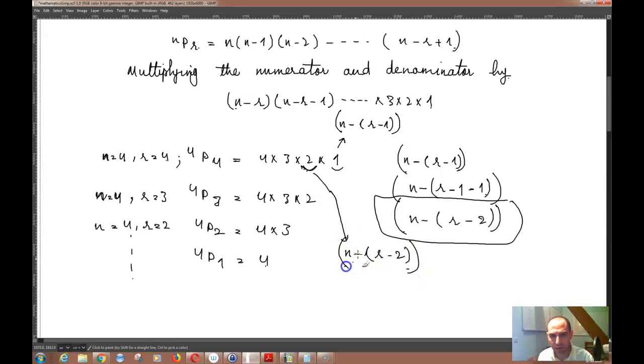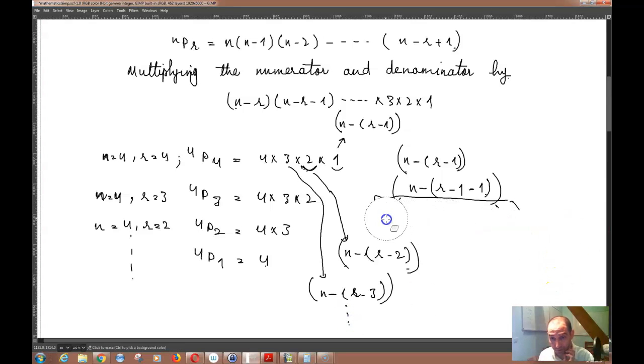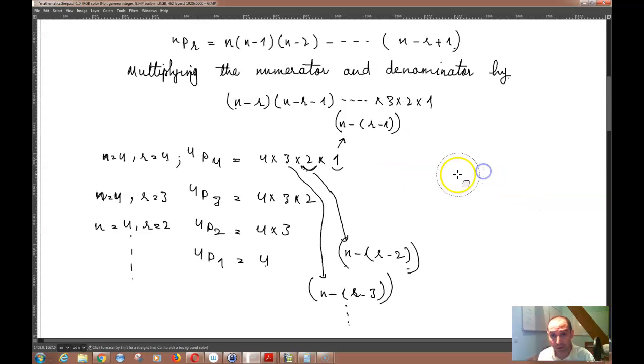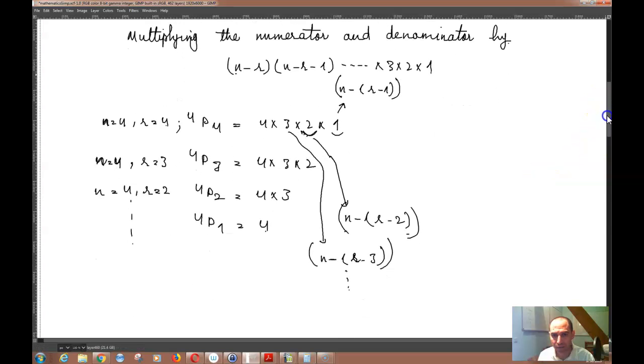And by the same logic, to get to this term, for example, I have to decrease this number by 1, meaning that this number would be represented by n minus r minus 3, and so on and so forth. So what that means is that basically in this